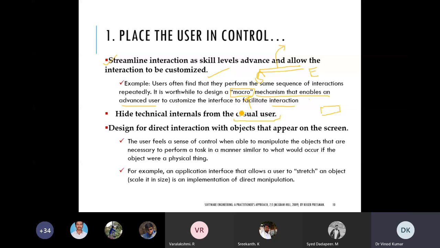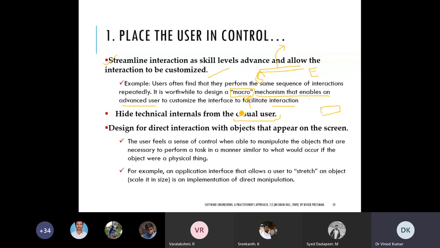There are different internals like memory management techniques, process management, communication management, the networking part, and some other tasks, how they are managed by the system. There is different internal complexity, so it should be hidden from the casual users.